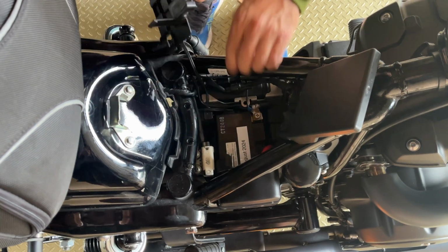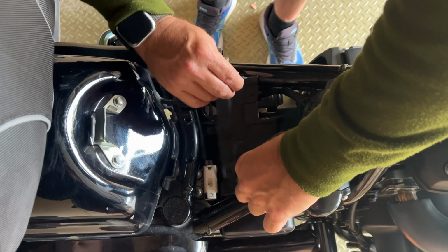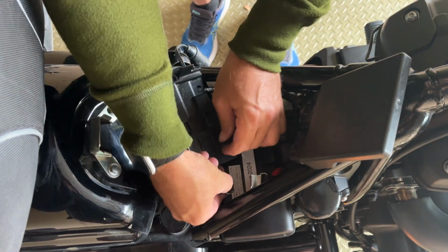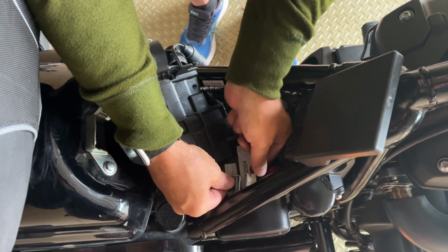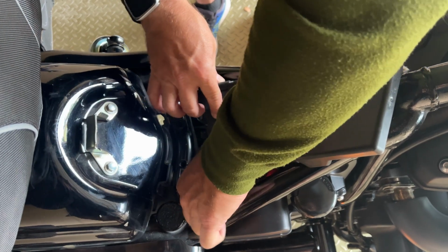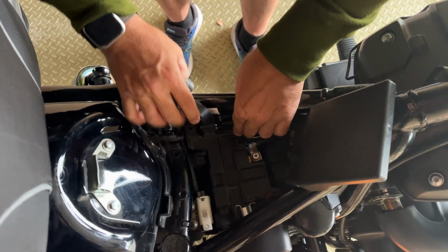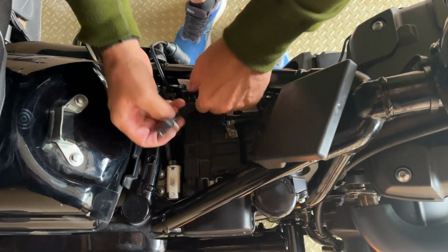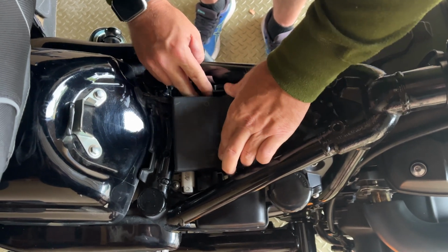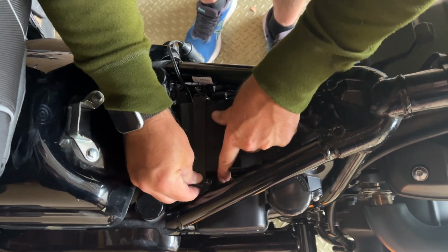And I just got to get my, okay, put this in there. No, okay, we're gonna hook up the battery first, like this. Okay, this underneath. Just like that. Okay, and now it fits well. Okay, then we're going to put the computer CDI on top. Okay, and it fits well. And then we're going to strap it